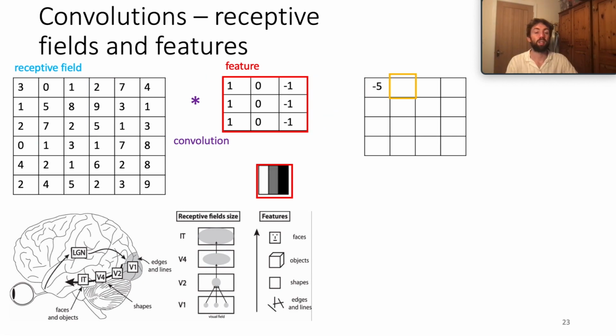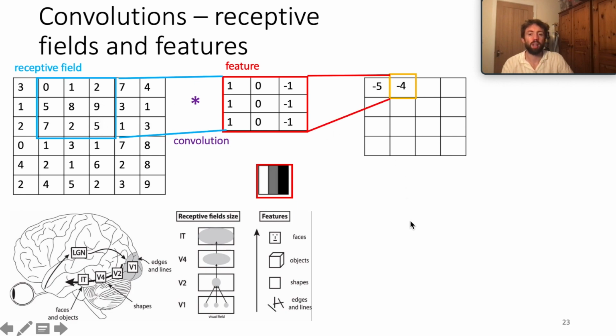There we go. So the next neuron over uses exactly the same feature, but now looks for this feature in the next part of space over. And if we do this again, this column is going to be equal to 12, this equal to 0, and this equal to minus 16. So there should be a minus 4. And we can continue this trick using convolutions to search for this same feature in each part of the